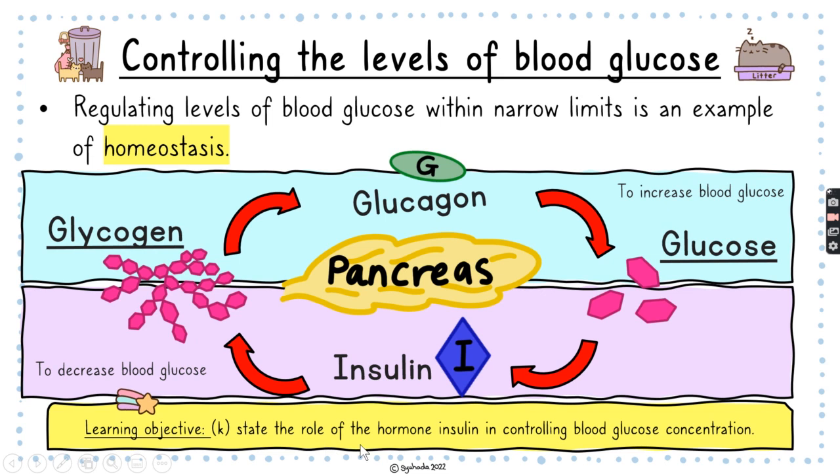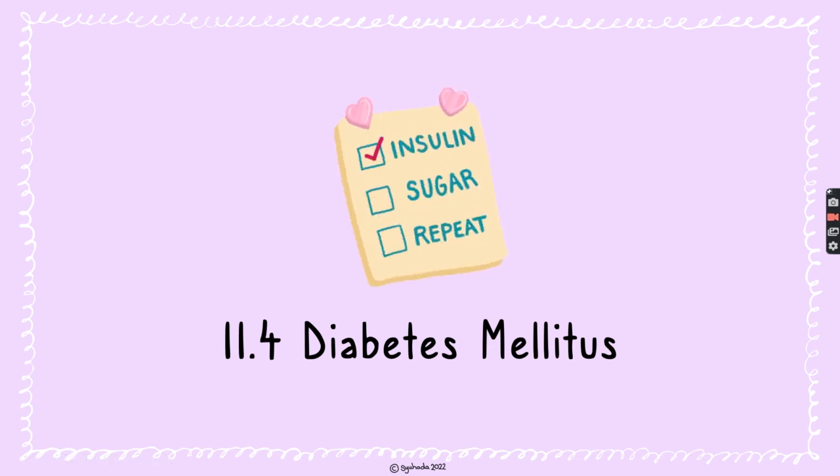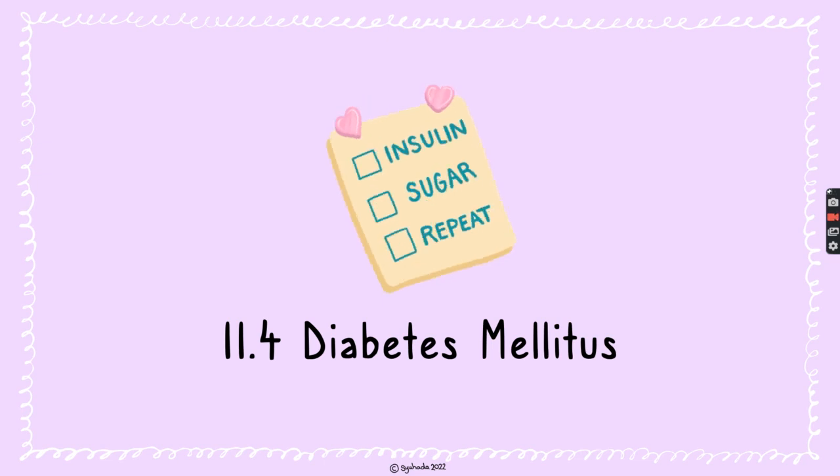I know that the learning objective mentioned insulin only, but I wanted to relate it to homeostasis, so I included glucagon in this topic as well. Okay, so now we learned about how we can control the blood glucose level. To decrease it, after eating a lot of carbohydrates, we can release insulin. And if we are fasting and we want more blood glucose in our blood, then we can make and release